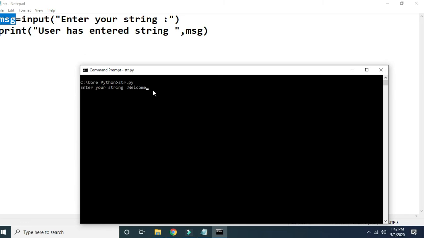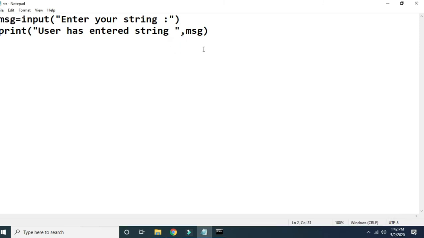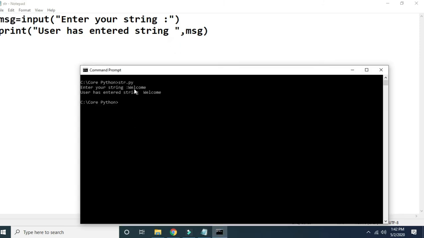So when I press enter, this print is executed, and the value from the array will be displayed. Here we have got the value welcome. But actually this msg is an array. So its meaning is what? When this welcome is stored in msg, what will be the location of w of welcome? This will be msg of 0.